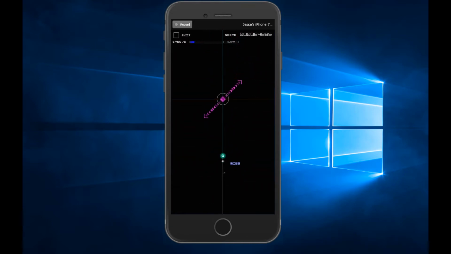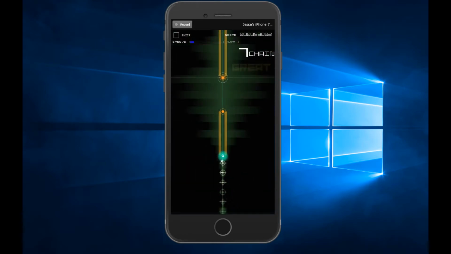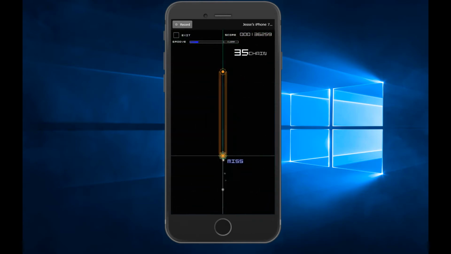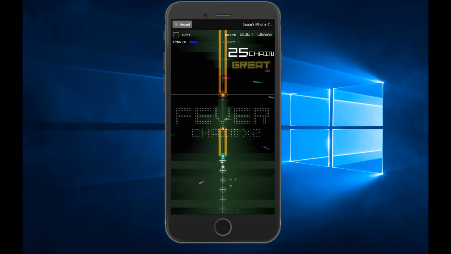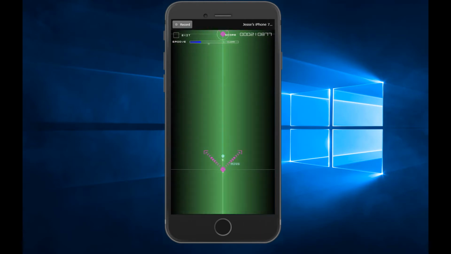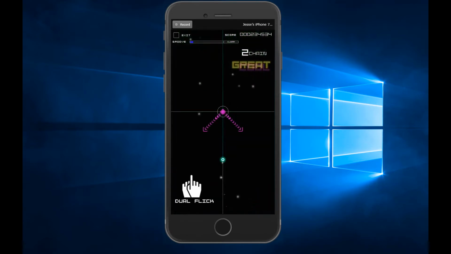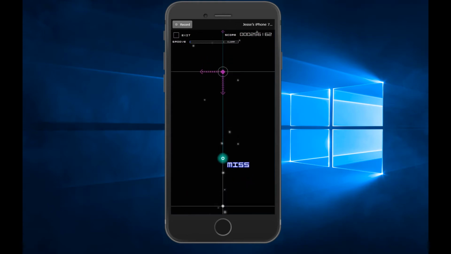How do I... I can't. Those are hard to hit. Okay, those are tap and hold. I can do that. Tap and hold. Tap. Oh, I missed the timing on that one. Nah. Okay. Oh God. I can't make my hands do that. Oh, this is ass. I'm not gonna lie. I don't know how to make...